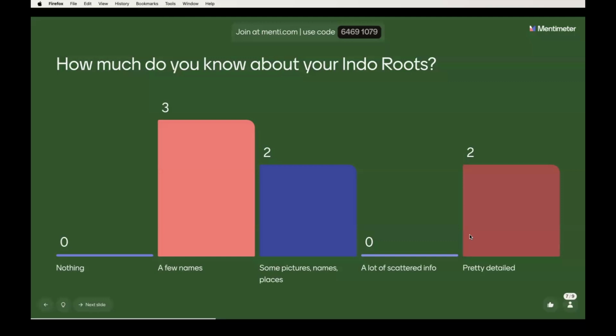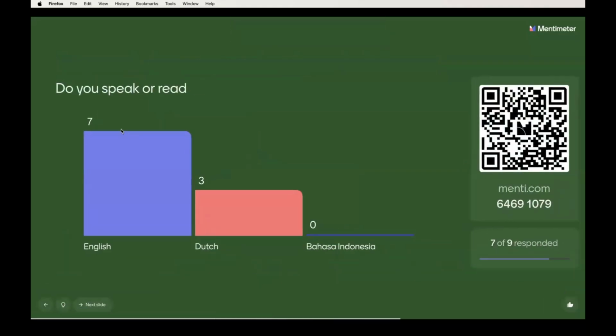Then the next question was about language. What do you speak? Most of you speak English, of course. Three of you speak Dutch, and nobody speaks Bahasa Indonesia. So I'm trying to learn it.